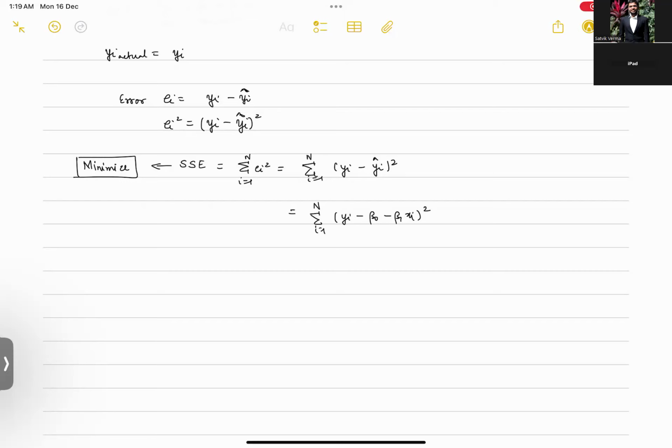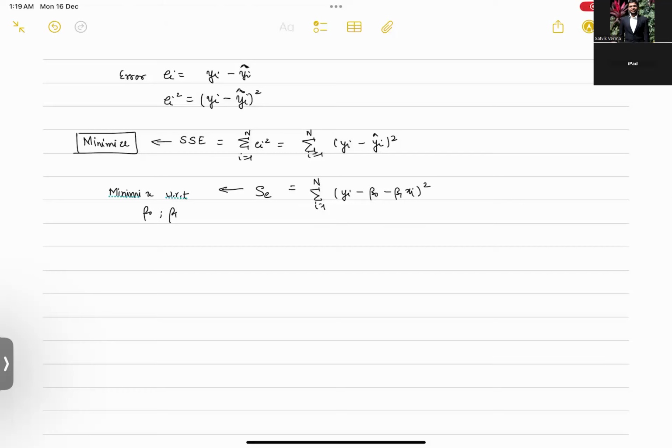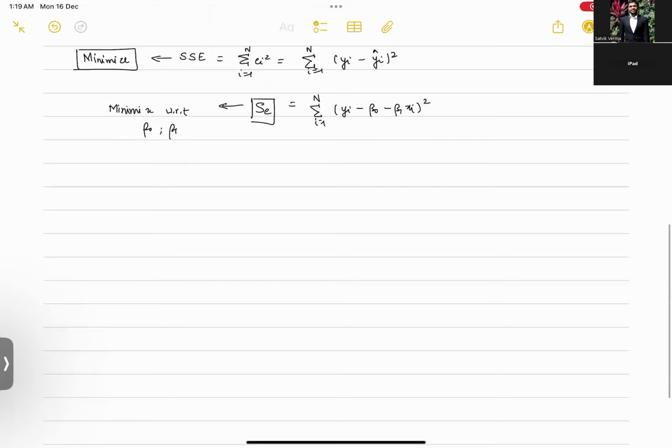And let's call this SE. So we are trying to minimize SE with respect to beta naught and beta 1. Okay, so now this becomes quite simple. In order to minimize any function with respect to two variables, what we need to do is we need to